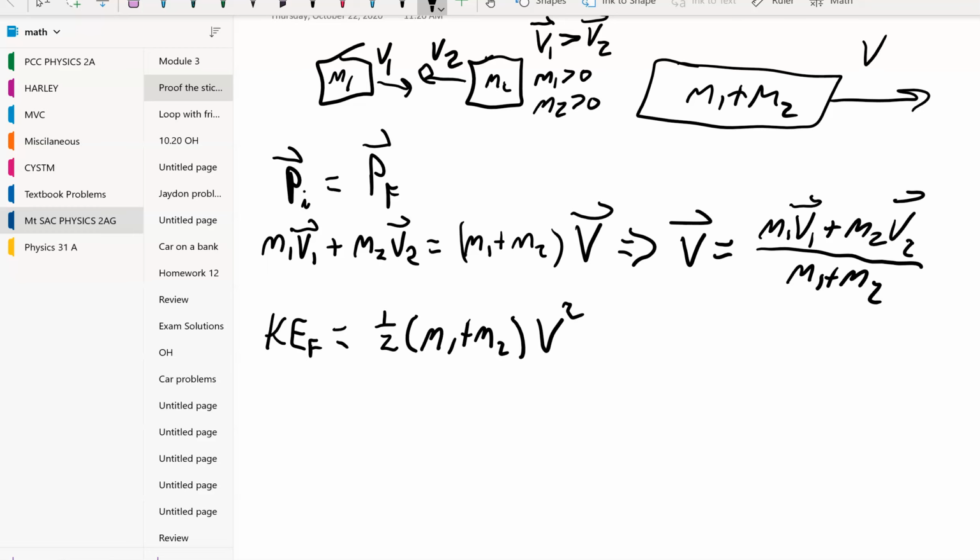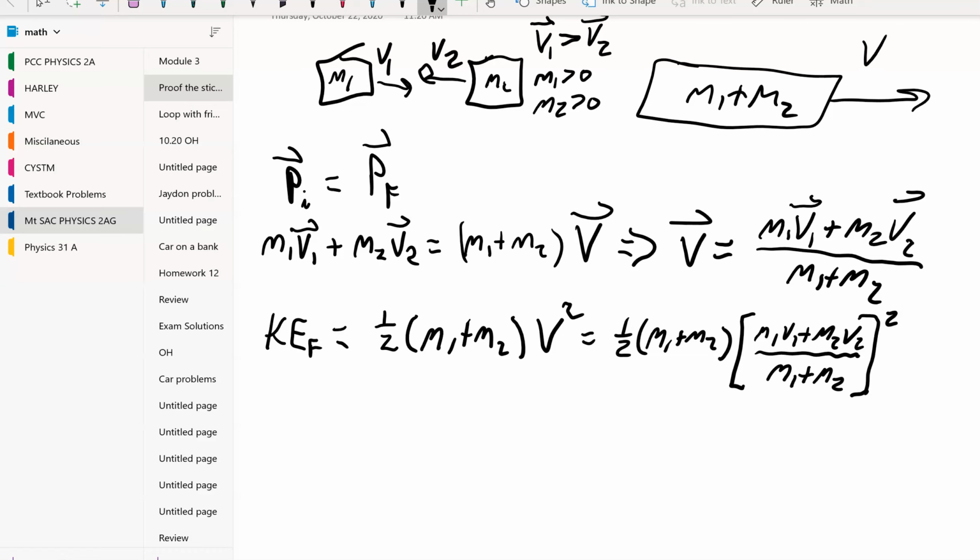And then that is 1/2 M1 plus M2 times M1 V1 plus M2 V2 divided by M1 plus M2